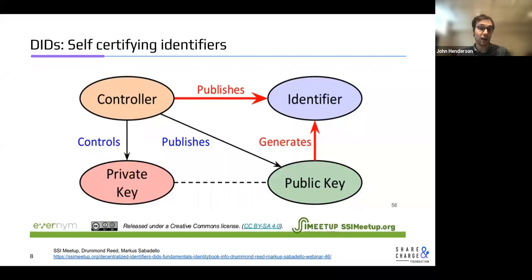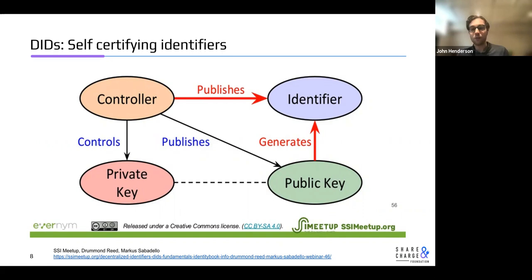At any rate, yeah, on this slide, showing that the identifier, in this case the DID, is generated from the public key. So that's, I would say, one of the innovations of DIDs, where there's a binding from the public key to the identifier because